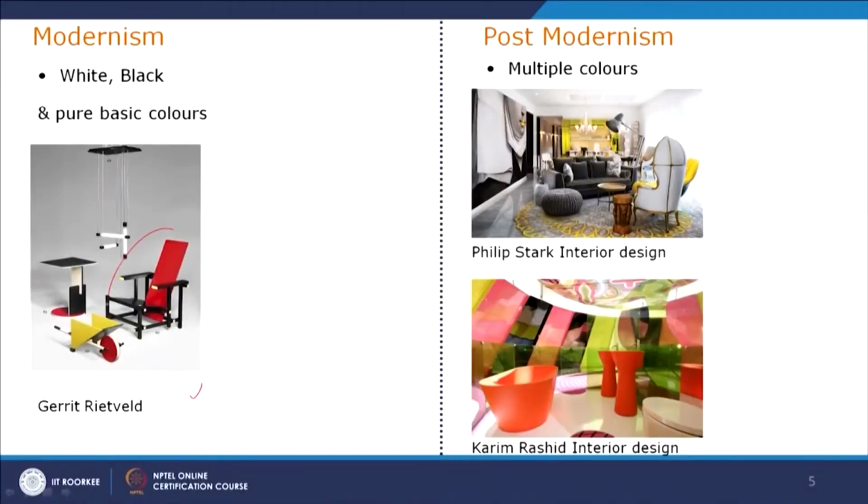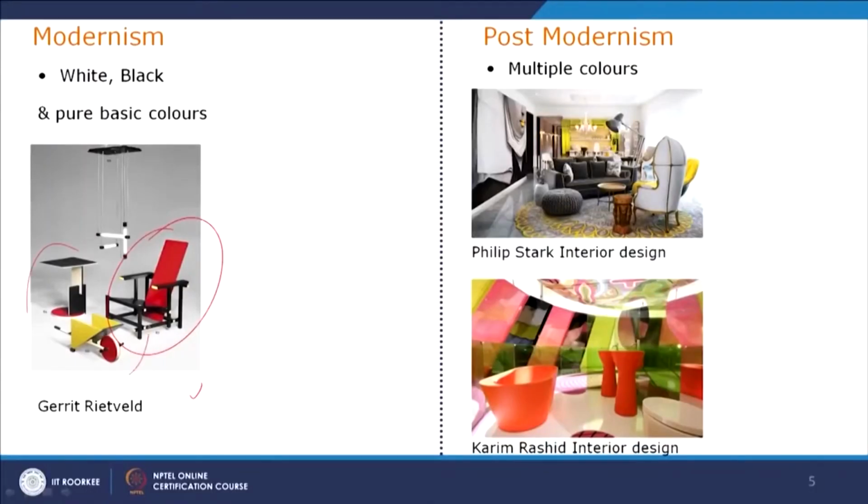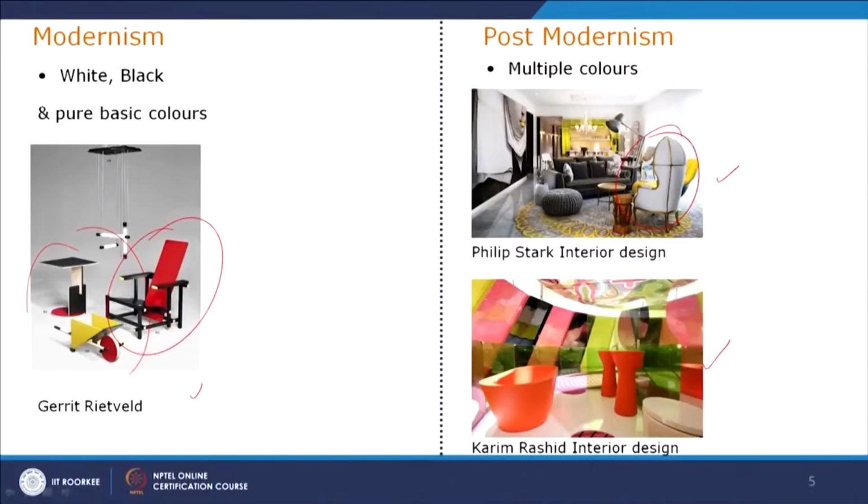Now if we look again at examples of different kinds of colors, Gerrit Rietveld, this is the Rietveld chair we have discussed in the De Stijl movement, again with different cuboids creating all these furnitures. But if you look at this side, there is Philippe Starck's interior design and Karim Rashid's interior design, a lot of different colors and different types of furniture, an eclectic mixture of different furniture. If you look at this furniture, which has a historic depiction, but definitely not purely historic.